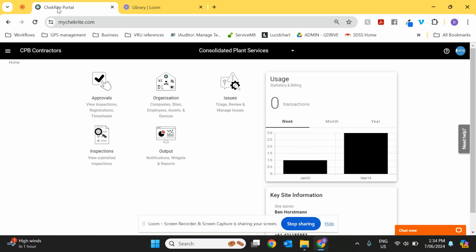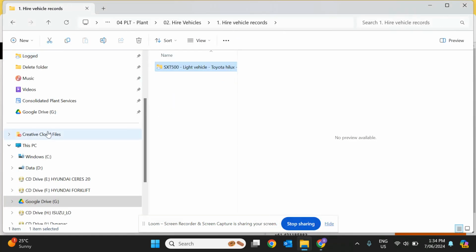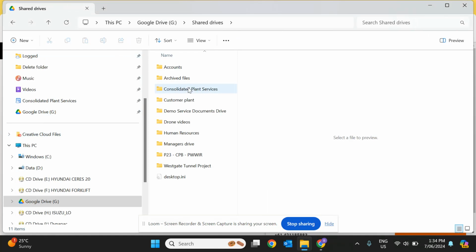So we store our asset files in G Drive, and we feel that's a pretty easy way of doing it. You could use SharePoint, you could use Dropbox, you could use your computer. It's your business, you know how to do it, obviously. But I'm going to show you some suggestions and file naming conventions to help speed this process up. So I'm just going to jump over to our G Drive for a second. I'm going to go over here into our drive,